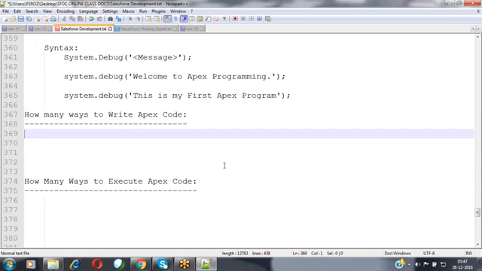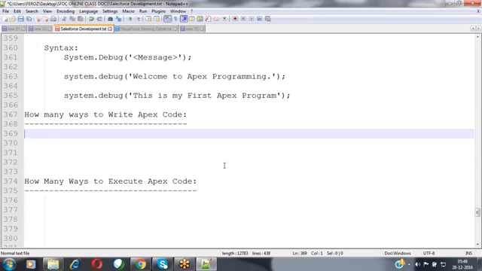Those people are not technical people, they are not programmers, they don't know any programming languages of Salesforce, and they don't have the technical skills to write code to perform operations. We have implemented all those functionalities by writing the code on behalf of them, and we have placed that code inside the metadata repository, and from there they can invoke the code and perform whatever operations they want. So in Salesforce, there are different ways to write the code and different ways to invoke the Apex code which we have implemented.